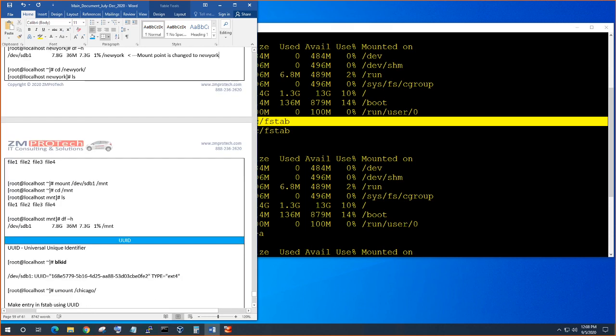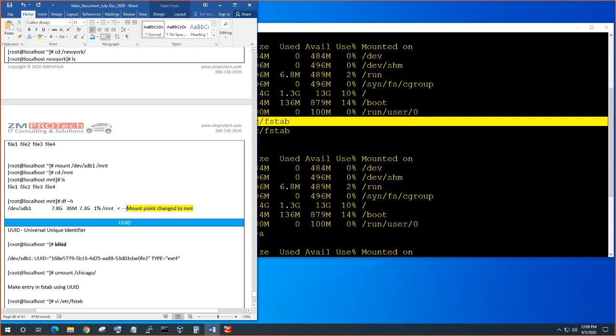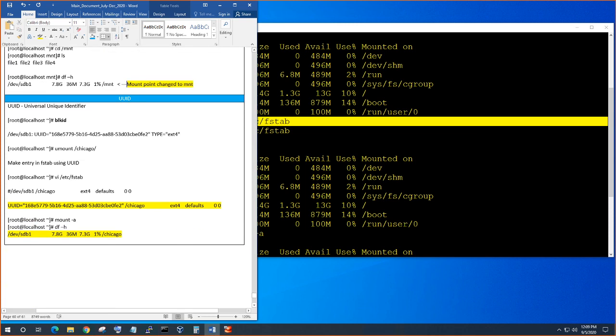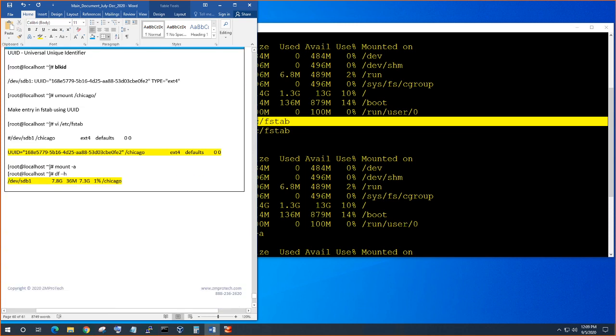Okay, and then here I'm going to say also mount point change to. Okay, it doesn't matter where this is mounted here. Okay, good. Now this is UUID. Now what we're gonna do is use the label,